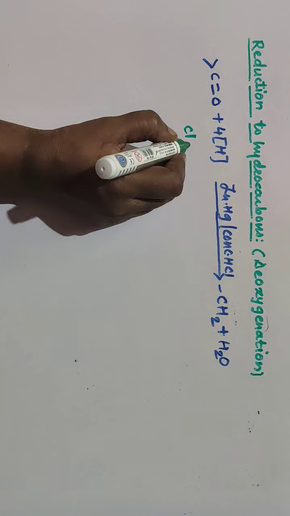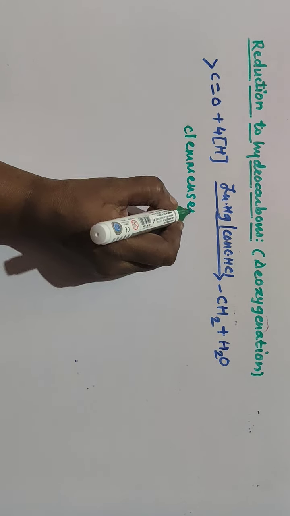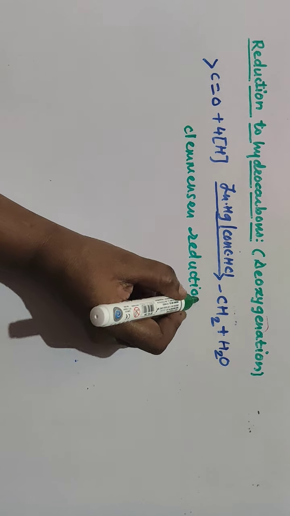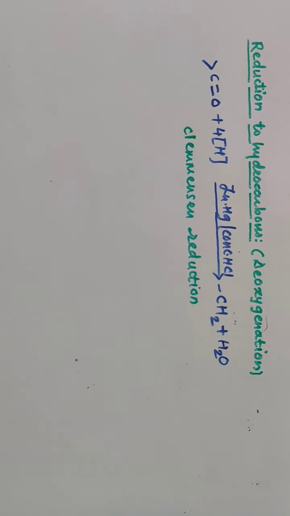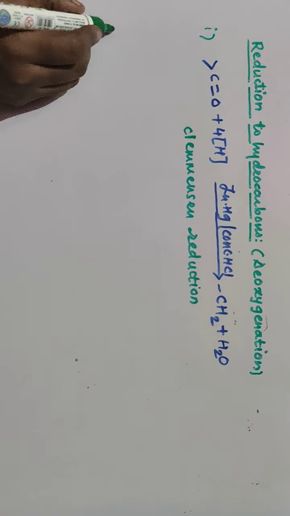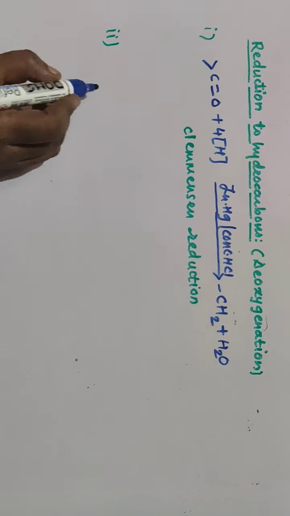A question may come for 1 mark here. This is an important reaction, Clemmensen's reduction reaction. In Clemmensen reduction, your carbonyl group is directly converted to methylene group using zinc amalgam and concentrated HCl. The reaction is also called a deoxygenation, as there is a removal of oxygen. Suppose this is the first reaction. Second, we'll go for one more reduction reaction. Here also deoxygenation takes place.